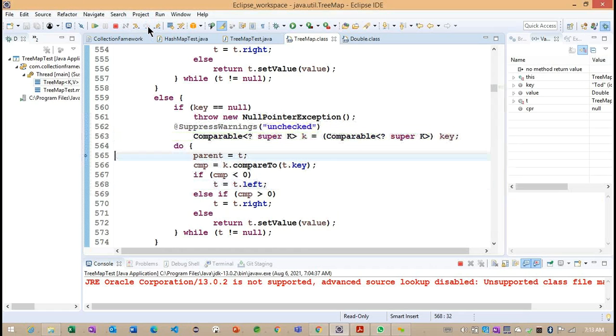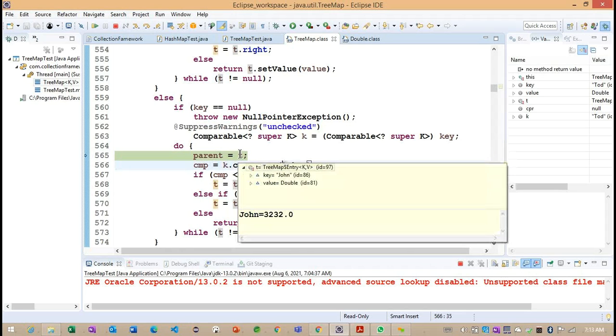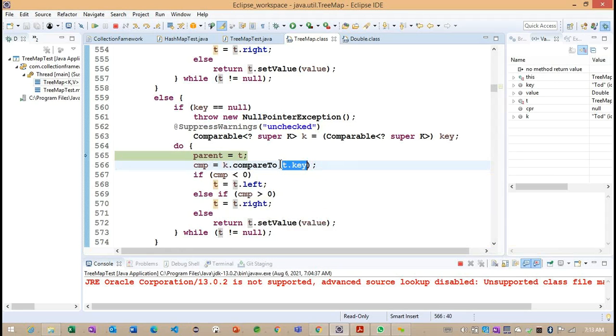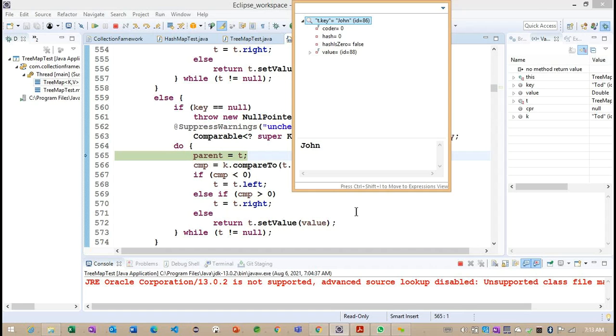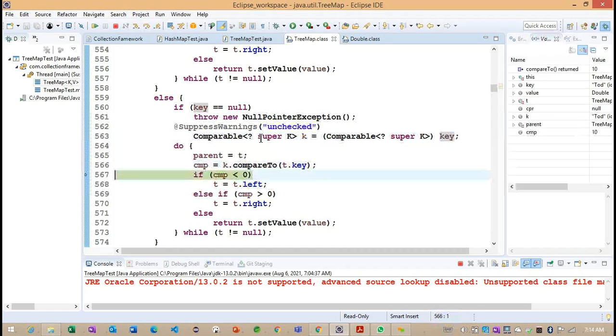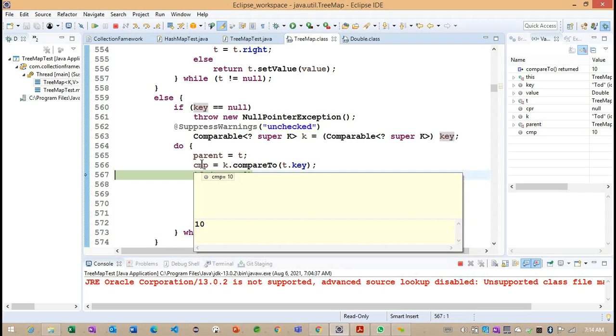Now observe here what we are doing with the help of this particular T. T is our root element, based on this T dot key. What is the T dot key we are having? John here. And now what are we doing here? John and Todd, we are trying to compare here. Which object is greater or less than or equal? So what is the value we are going to get? Now you can see, this is the CMP we are getting. Again we are getting 10.